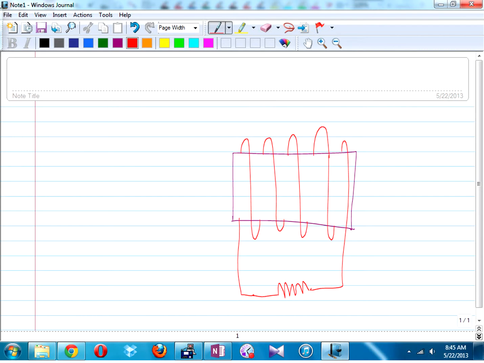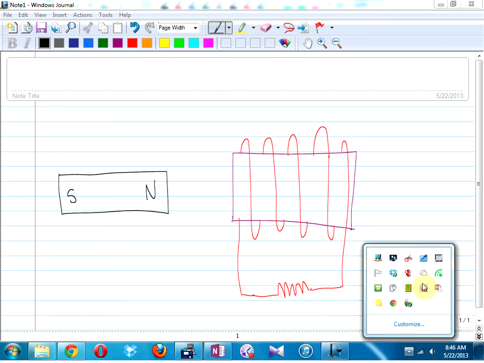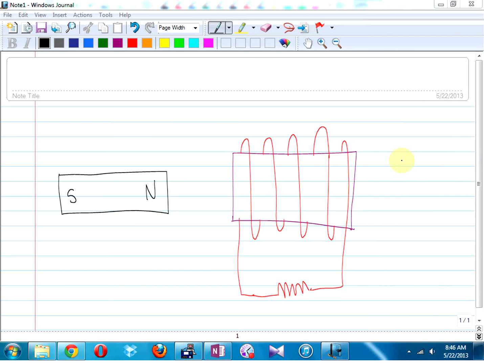How? Over here, I'm going to have a bar magnet where this end is north and this end is south. Now, right now, nothing will happen. No current will be in. This is what took scientists so long to figure out. Faraday was the one who realized, hey, you want to induce a current? Change the flux. How? Now, right now, there are magnetic field lines